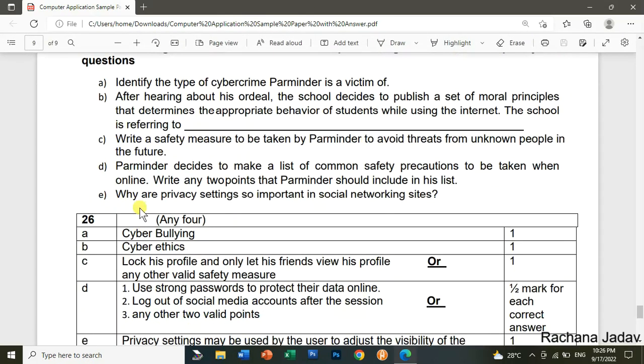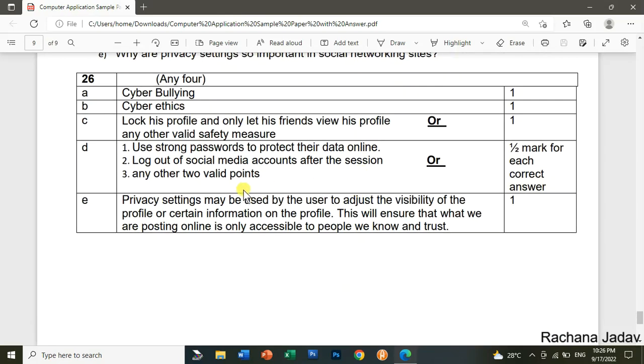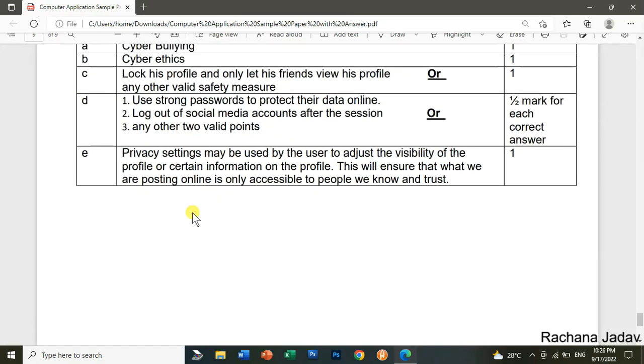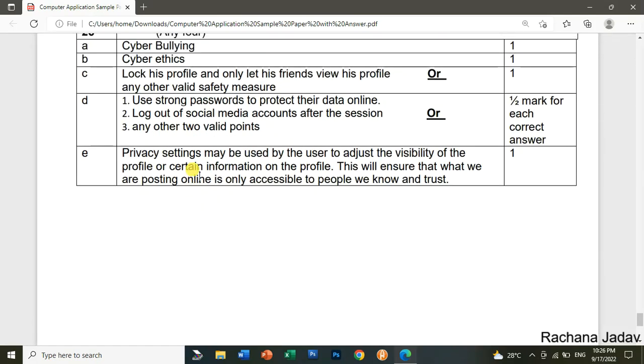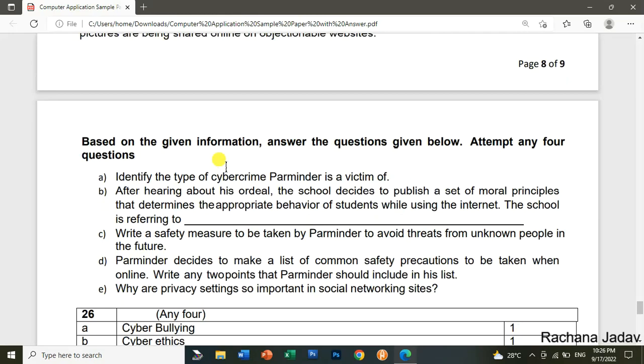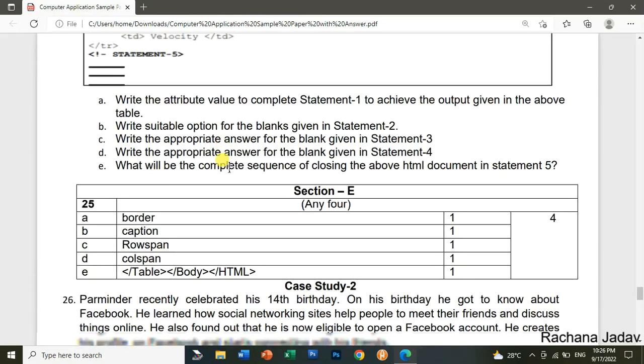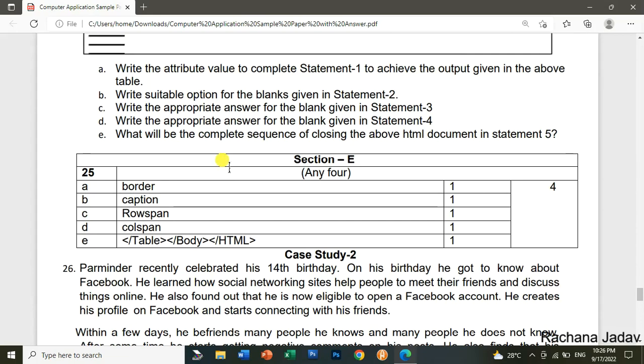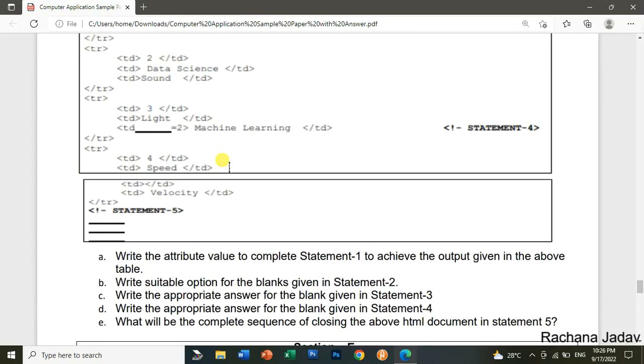Next, after that, why are privacy settings so important in the social networking sites? Yes, privacy settings may be used by the user to adjust the visibility of the profile. यानी कितने लोग देख सकते हैं, नहीं देख सकते, because you have seen that now on the social networking sites, many of the people are posting many of the things और वो कोई भी access कर लेता है, तो then it is not good for us. Okay, so their intention is not good over there,